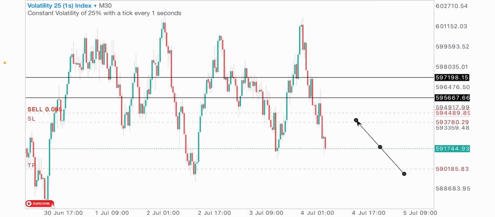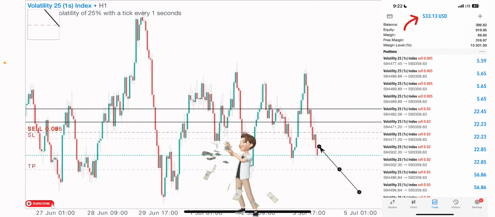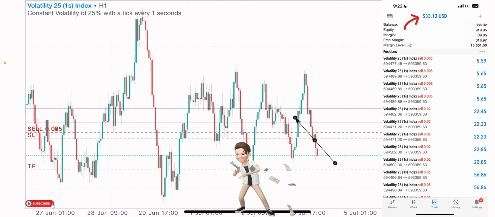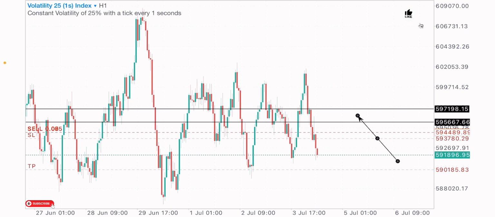So guys, I sold Volatility 25 1s Index here at this point, and this trade has been moving in good profits. I've taken partial profit on these sells. I've closed about 70% of my positions in good profits, then moved my stop loss below my entry, that's break even. Decided to make a video on this trade, sharing with you guys my view and analysis